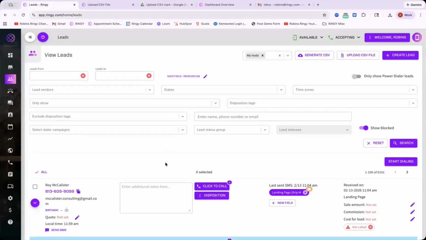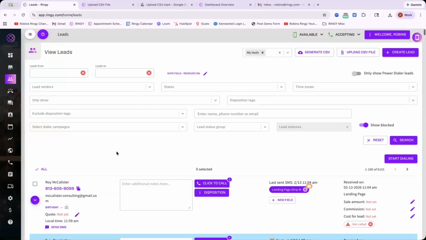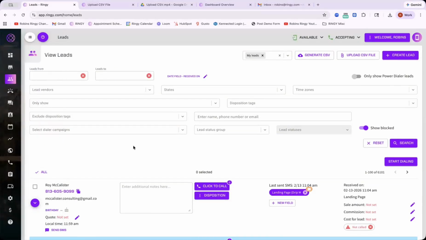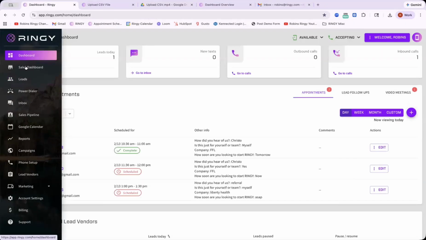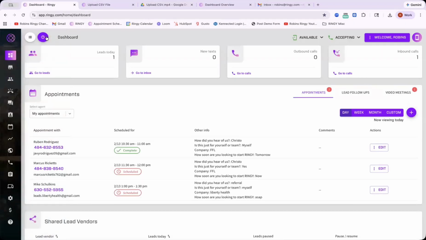All right, so it's pretty normal when you're starting a new software to feel a little overwhelmed, and you may feel lost because there might be new things that you're not familiar with. So what we've done to help you with this is, when you go to Ringy on any menu page that you go to, you'll see a question mark. And that question mark on the top left here is our knowledge base for all of the features